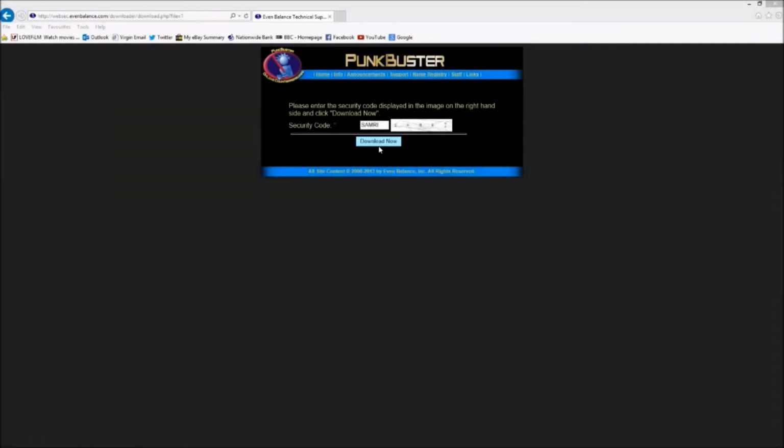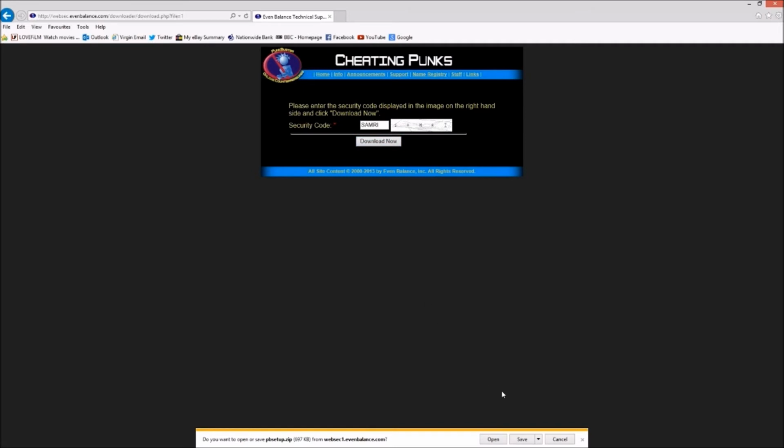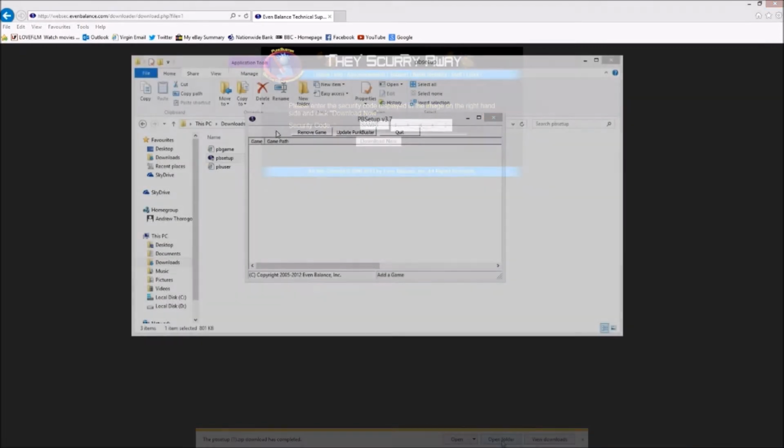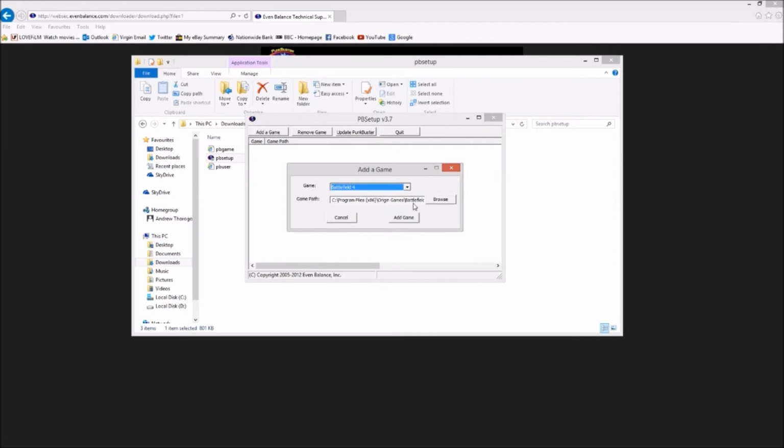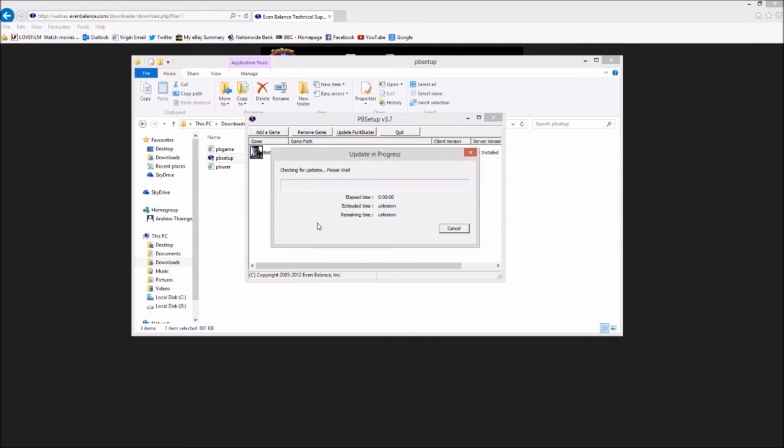Another piece of advice that's on the forums and the BF4 website is to update Punkbuster. So you simply go to the website and download PB Setup, which is the setup utility for Punkbuster for all games, and click Add Game, select Battlefield 4, add game again, and it will download the latest version of Punkbuster for you. So I've sped that up a bit because their server's a bit slow, and